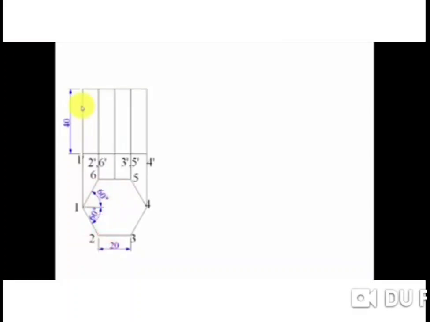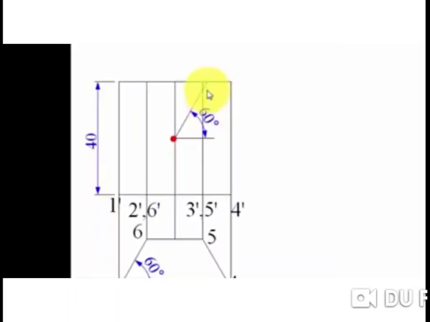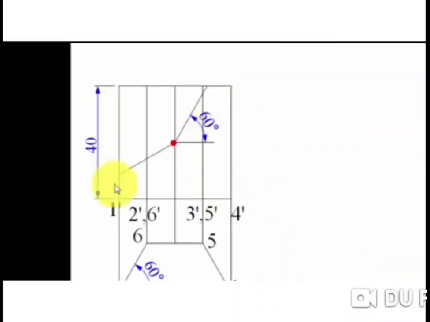Now we already know the development. Now here the cutting planes are acting at 60 degrees at exactly 20 mm. Take a protractor, keep it here. Here is the 0, 10, 20, 60 degree. Similarly, next, keep it in inverted fashion. Here is the center. From 0, measure this angle and draw this line. Those are the cutting planes acting.